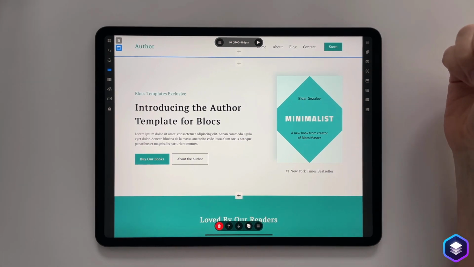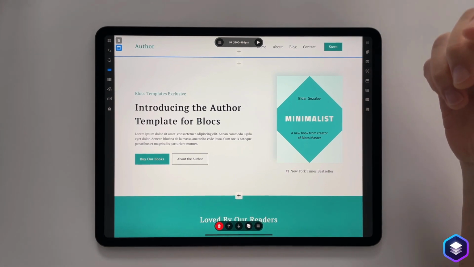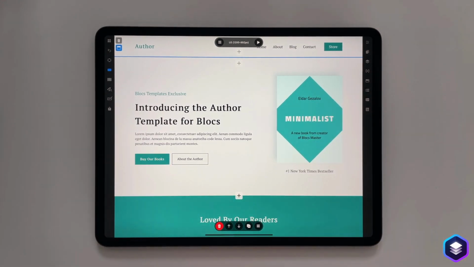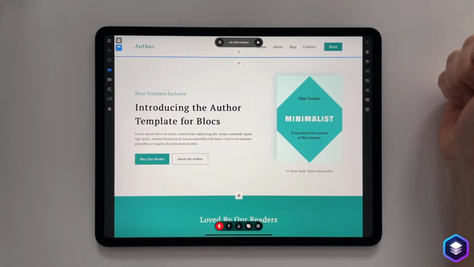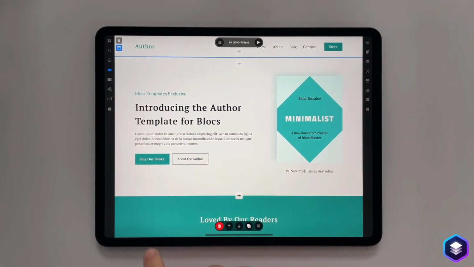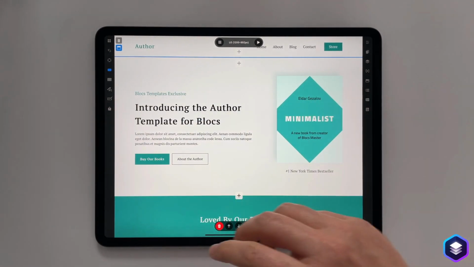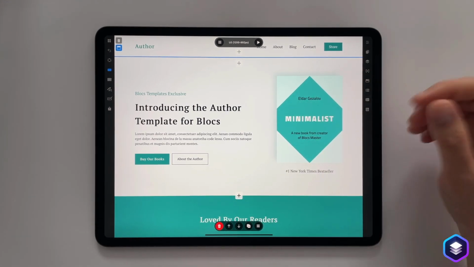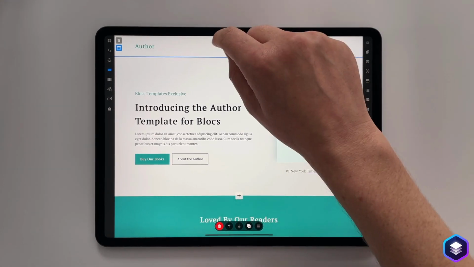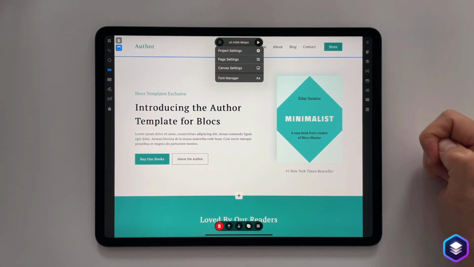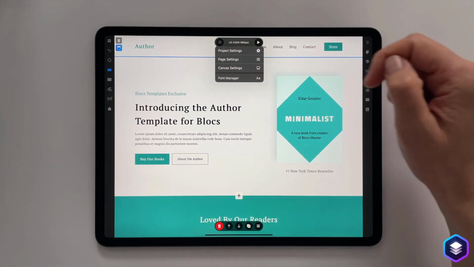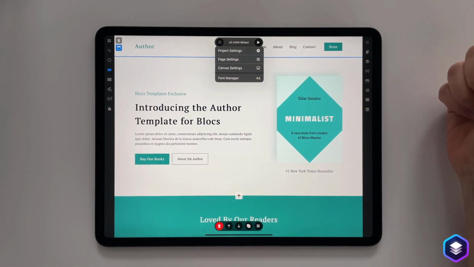When you're working on Blocks on the Mac, up in the top left we have project settings, top right we have page settings, and down at the bottom we have canvas settings. The settings for the software are scattered amongst the interface. On the iPad, we've brought all these options together, which we can access just at the top here. So there we have project settings, page settings, canvas settings, and of course, the font manager.